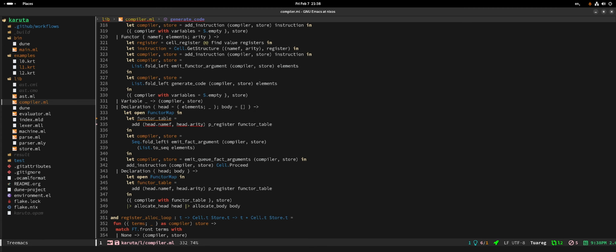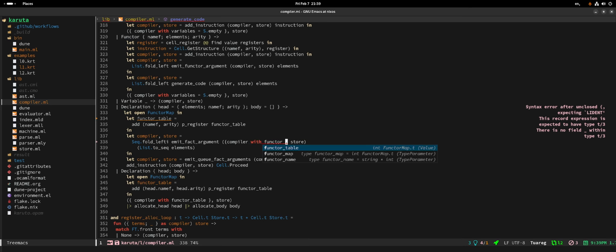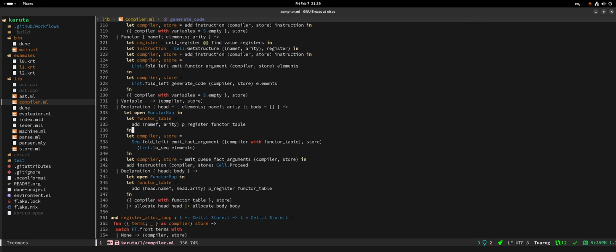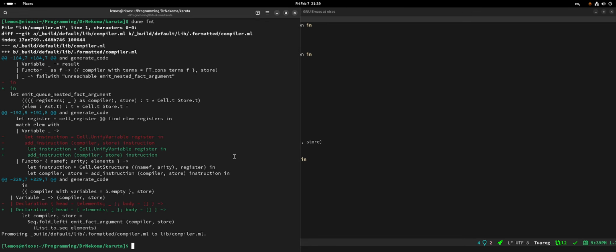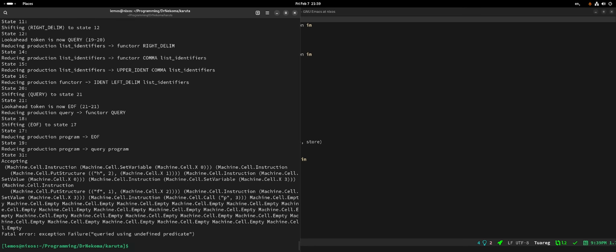And how exactly are we planning on doing that? We need to grab the name and arity from the head. Yeah, everything else. And I'm guessing that in here, with Functor table. What is this supposed to change in return in terms of? This is not going to change anything, but this reminded you that we needed to, right? Yeah. Okay.